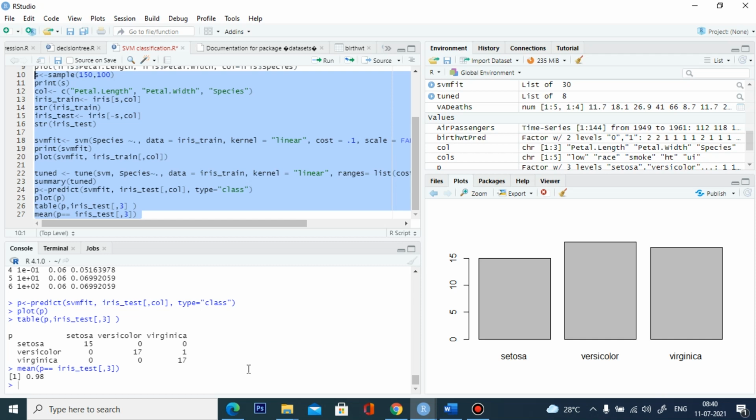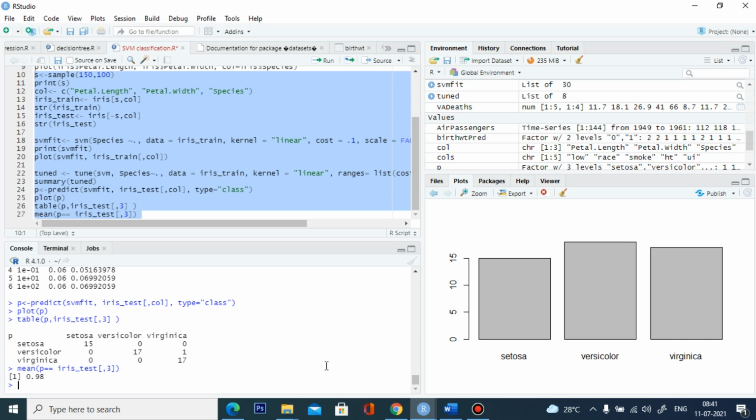Versicolor, out of 18, 17 are correctly predicted. In Virginica, 17 are correctly predicted. So our accuracy will be different based on your samples, your added data. Okay, so based on your random samples, it ranges from 92% to 98%. So here we are achieving at most a good quality. So that is your SVM classification and how it works.